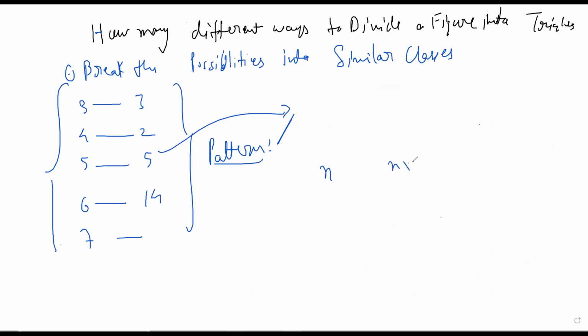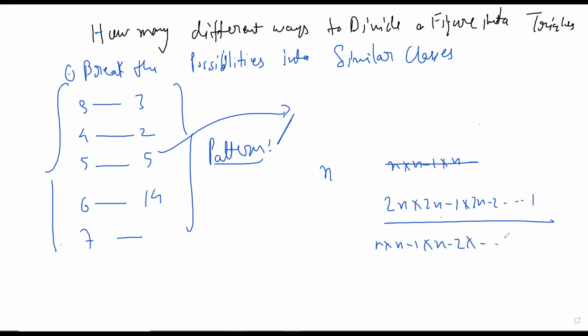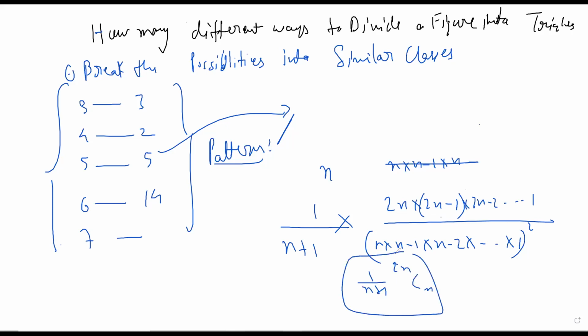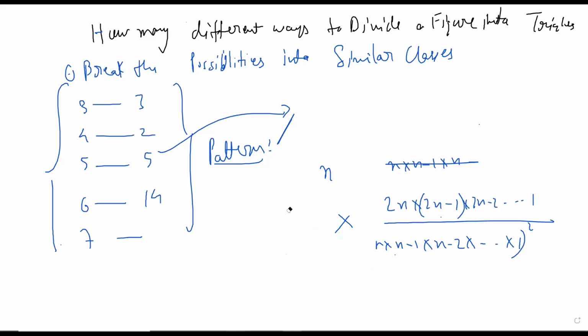For an n-sided polygon, it is 2n into 2n minus 1 into 2n minus 2 till 1 multiplied, divided by n into n minus 1 into n minus 2 till 1 multiplied, squared, and then multiply the whole thing by n plus 1. So we possibly cannot imagine how this is coming, isn't it? But this shows that this subject is very deep. There's a long way to go before we get there. This is called 2n choose n divided by n plus 1. I'm not saying we are not doing this at all. I'm just saying that it has an answer, but that's very far from us right now.